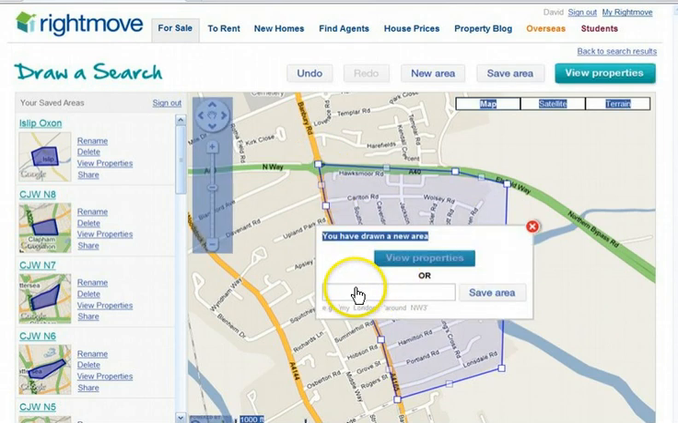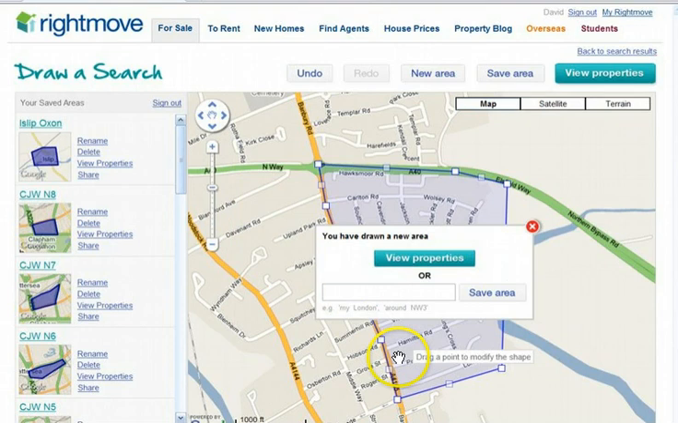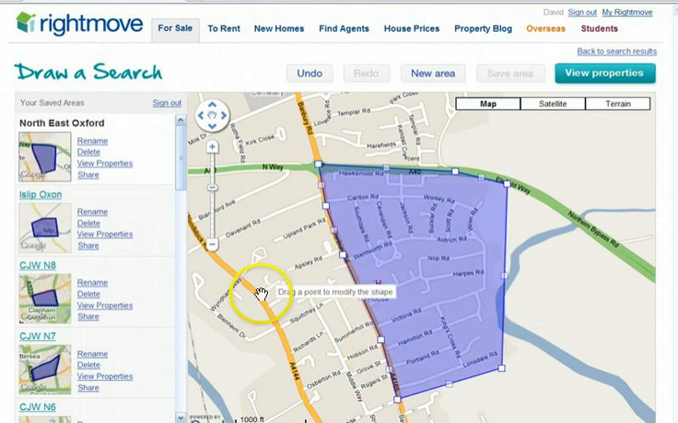Now you put your label in, and I'm going to call this Northeast Oxford. And you save the area, and there we have it. Now, the one thing that's missing here is the little man from Rightmove, so I can go and look at these streets. Okay, over here with my new